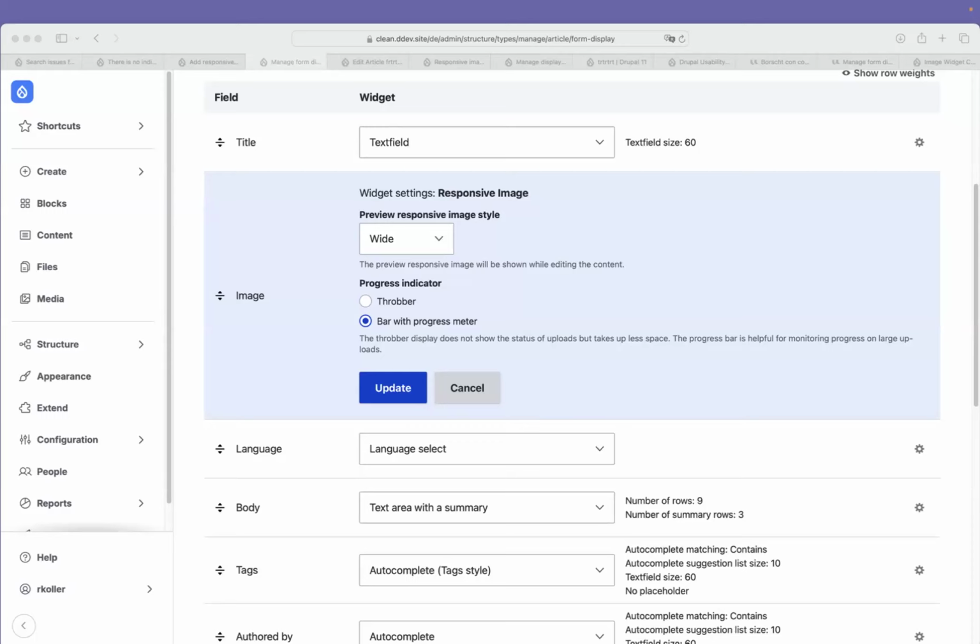There's one detail that bothers me, which is inconsistent between the terminology used on one of the radio button options and the terminology in the description underneath. You have "bar with progress meter," and in the description it's just "progress bar" that is referred to. So that's an inconsistency, and I would simply replace "bar with progress meter" with "progress bar," and it would be way more straightforward